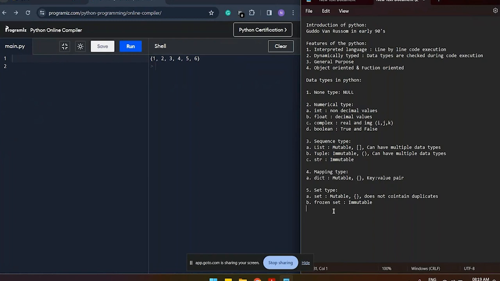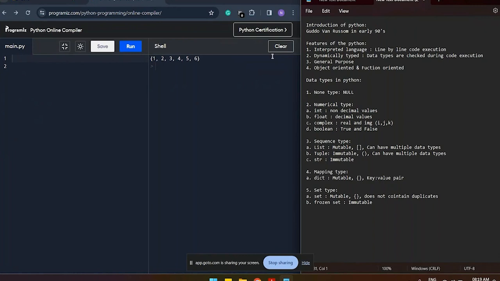But in frozen sets, we keep unique values, like ID sets, roll number, PNR number, or any specific IDs. We use sets there because they do not contain duplicate values, but tuples can have duplicate values, right?